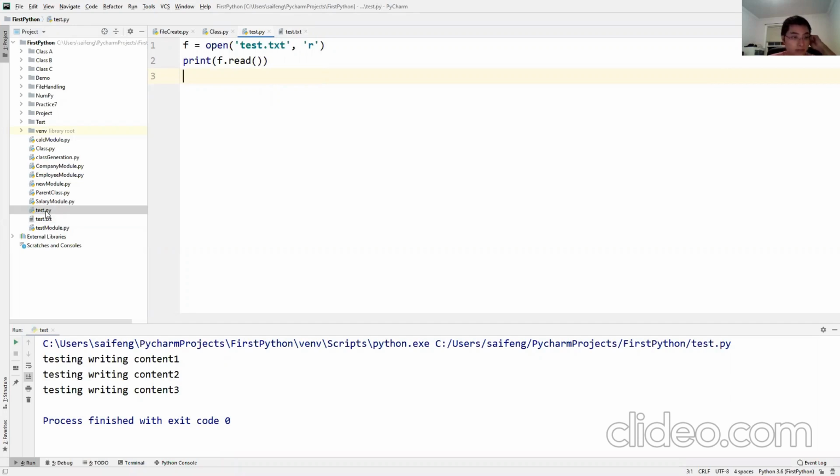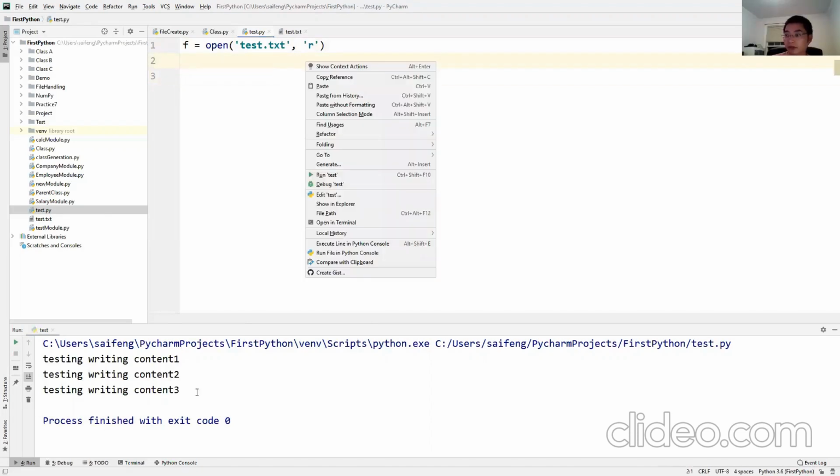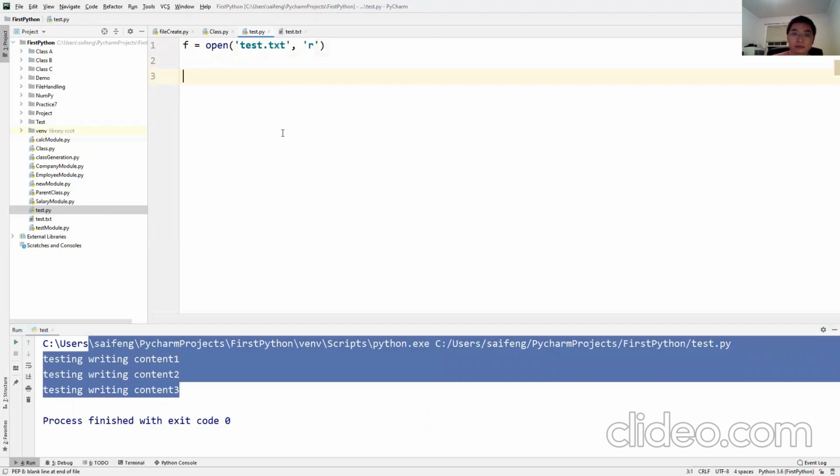Julian, my question here is, how can we do that? I'm able to read and print out the content, but how can I do that?